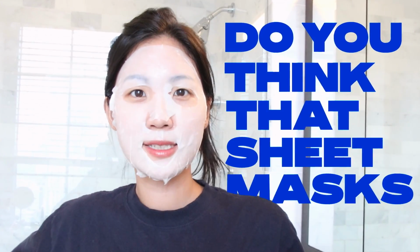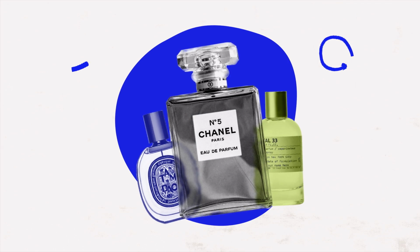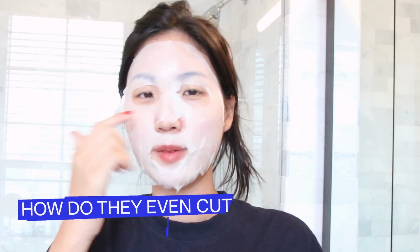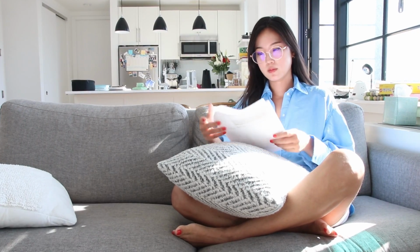Do you think the sheet masks are the new plastic straws? I realized I really don't know a lot about how sheet masks are made. Like, what is the sheet even made out of? How do they even cut up these little holes, and what happens to these excess bits? And what happens when we discard the sheet mask? So I'm gonna go research and report back to you about my findings, and also with some sustainable alternatives to